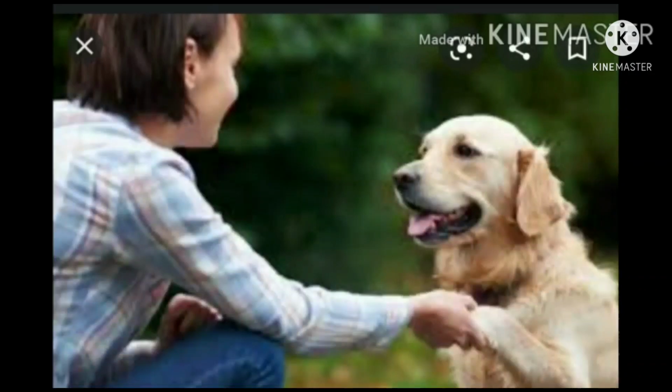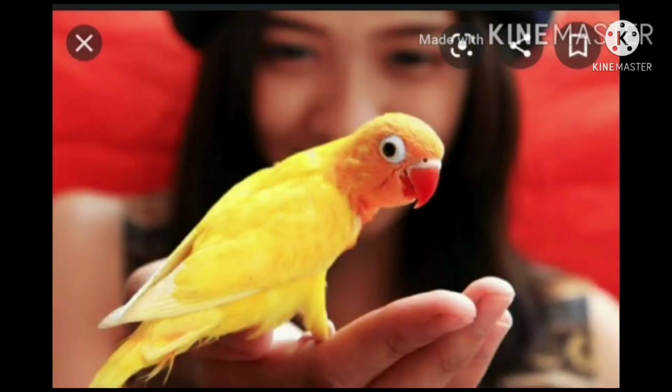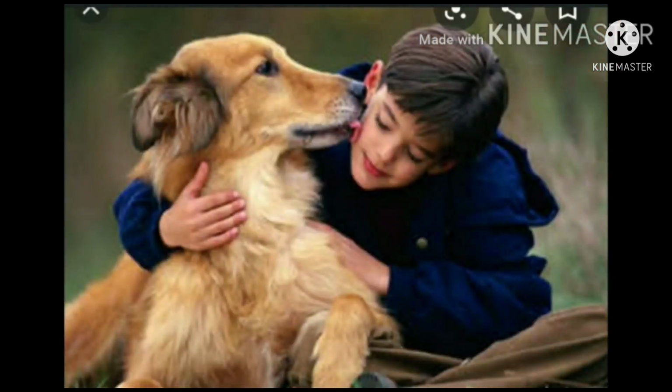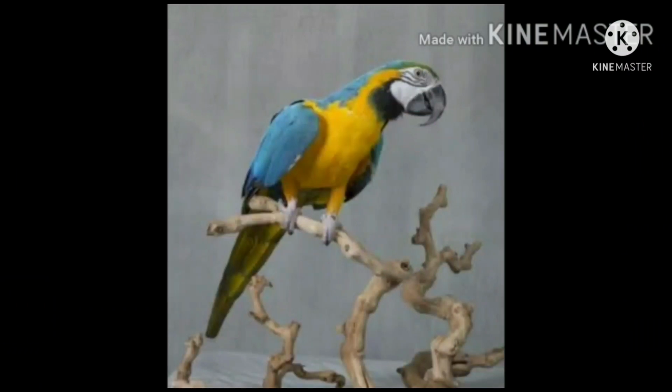Then turn the page, coming to the next page, page number 14. Find out more about the pet you have or you know. So this is basically based on your own experience, your own observations. Whether you have a pet, then write about it, answer the specific questions. And if you don't own a pet, you must have seen it in your neighborhood, maybe at your friend's place, maybe at your relative's place.